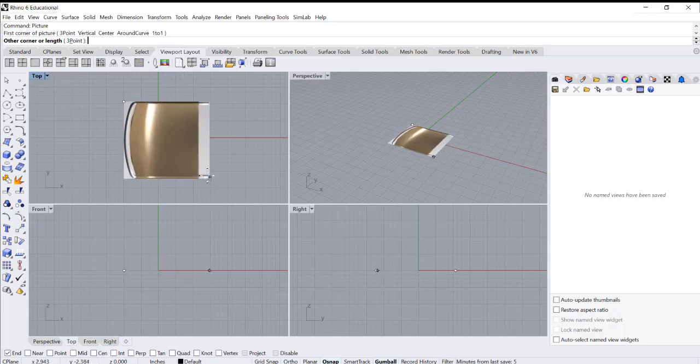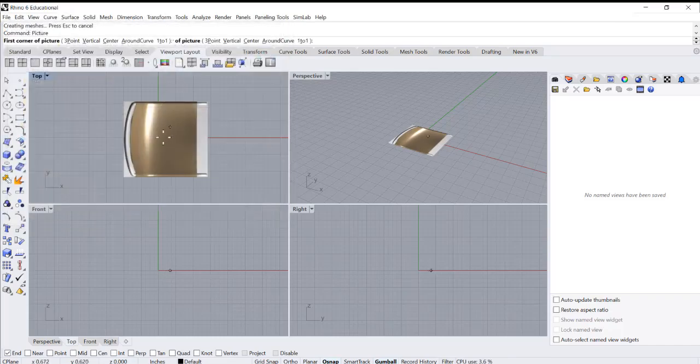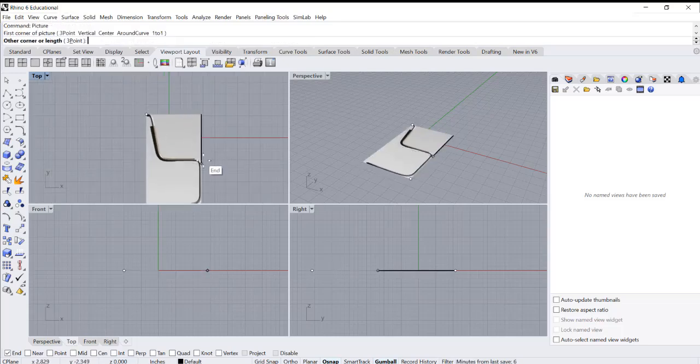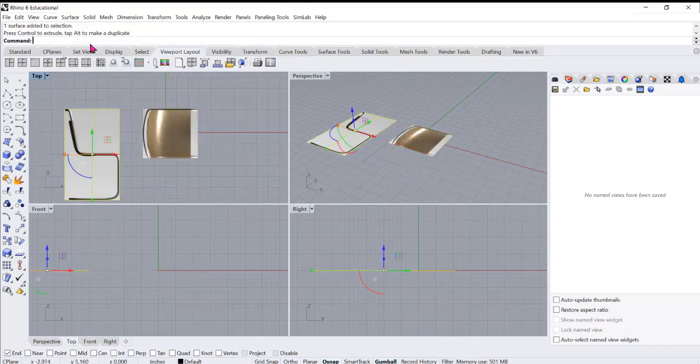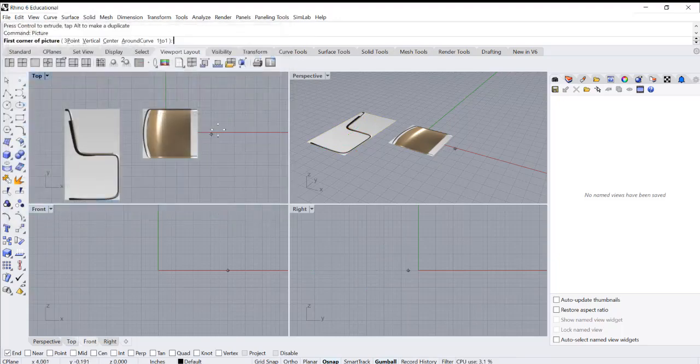And then just click a second time, it doesn't matter the size right now, and then do the same thing for the other images. It doesn't matter the size that you create those images with when you place them